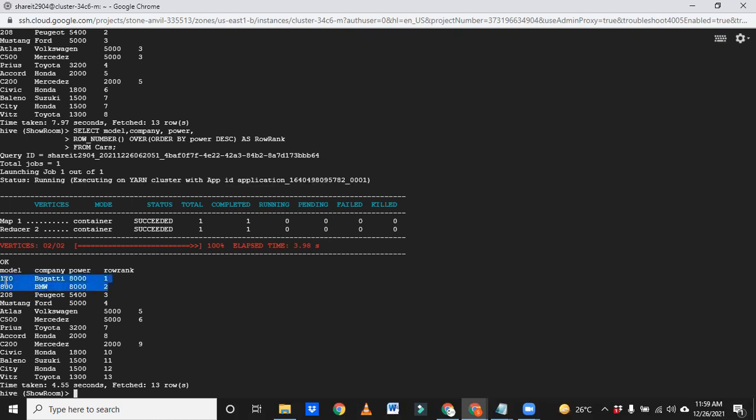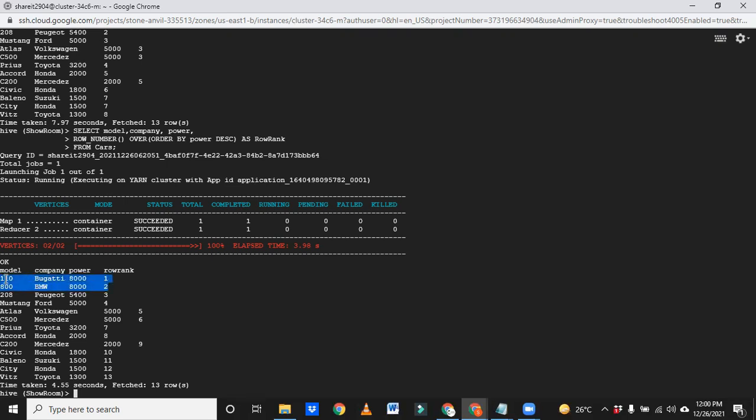In that case, removing the duplicates is not possible using distinct. You should use the row number function to remove the duplicates. That is where row number acts more efficiently than any other function.